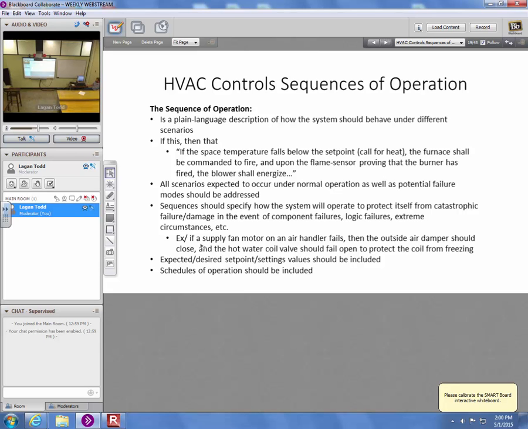But here's another example in an air handler that has a hydronic coil, whether it's a heating coil or a cooling coil. In this case, I wrote this as though it was a hot water heating coil. If that fan fails because the motor failed or the belt broke, right? The motor might be spinning, but the fan is not, if the belt broke. If you don't have